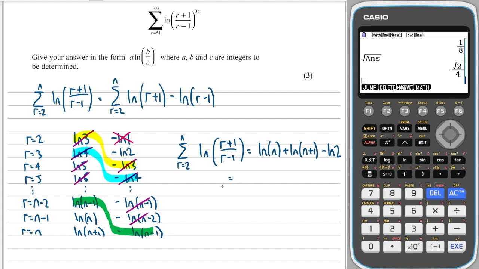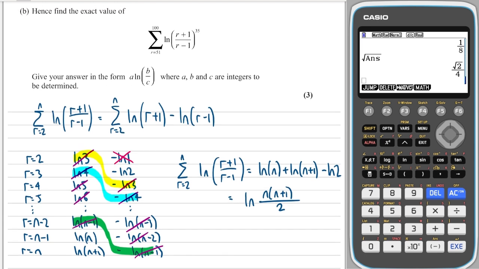So we can rewrite this using our log rules. We've got these two positives, so they will go on the top, they're multiplied, so n times (n plus 1). This is negative, so that will go on the bottom, 2. Perfect. Okay, next we're going to say hence, which means we're going to need to use the formula we've just created above